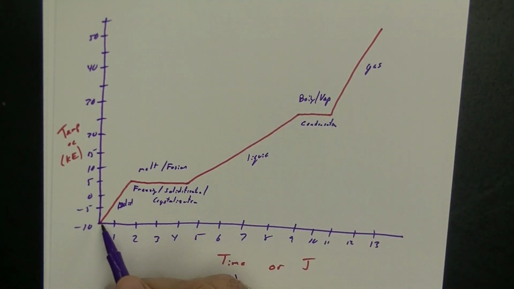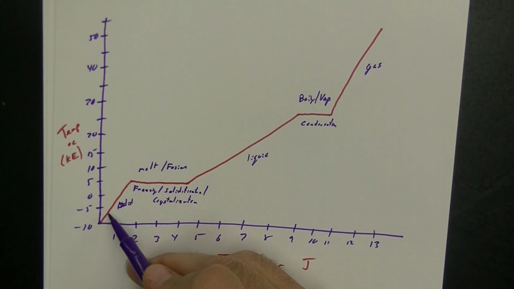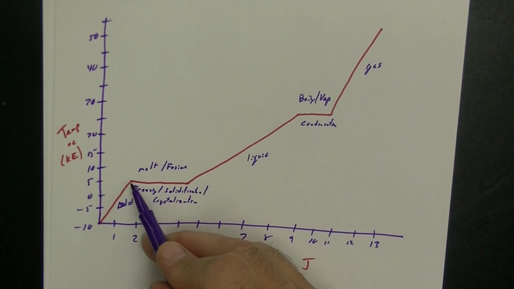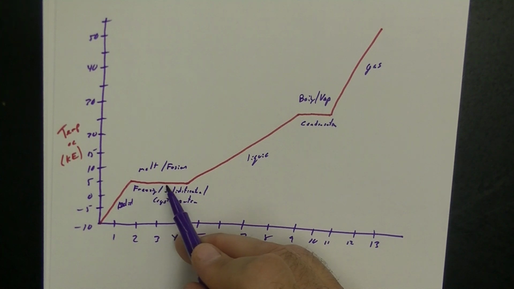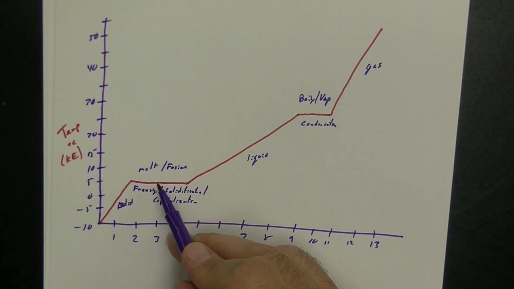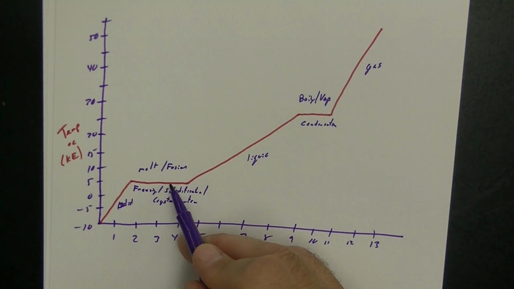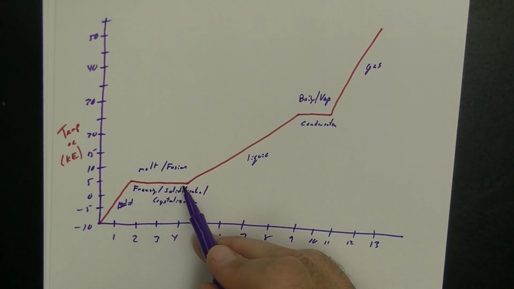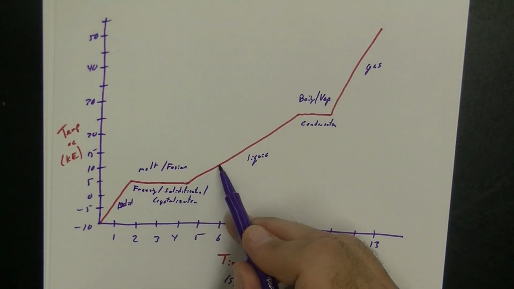All right, so we have a solid, we add heat, the kinetic energy increases, temperature goes up, we reach the melting point. That whole time that it's melting, the temperature stays the same. In this area right here, we have both phases, both a solid and a liquid. As long as we're adding heat, it would continue to melt. If we start taking heat away, it would go back this way. Once all of the solid is melted and we have all liquid, the temperature starts to rise again,